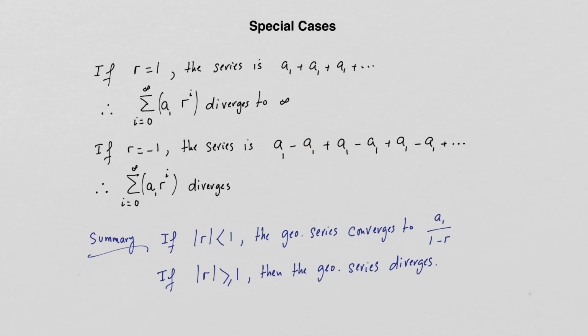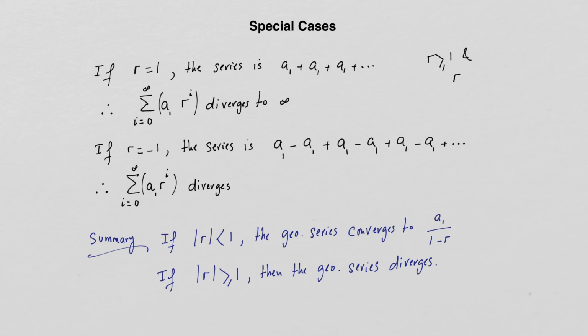And therefore, this is the summary. If r is strictly between -1 and 1, which is a shortcut of how to say it, then the geometric series converges to this number. If r is more than 1,